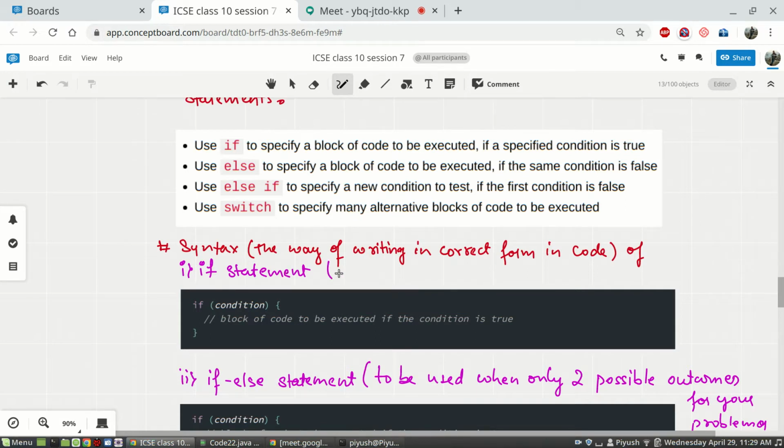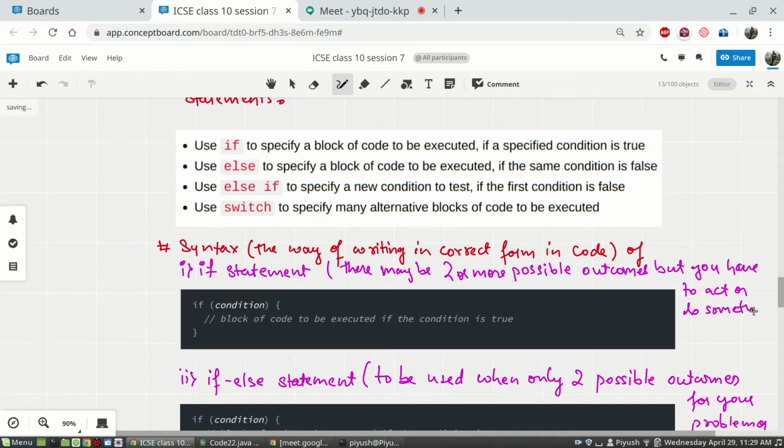This version should only be used when there may be two or more possible outcomes for your program, but you have to act or do something in one case only.